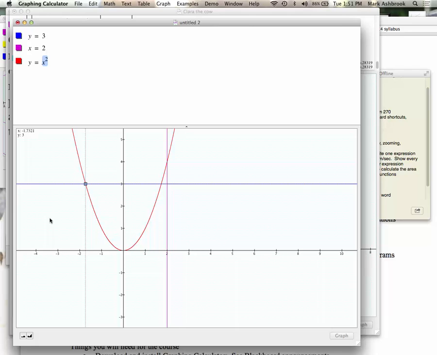Okay. And that also happens with roots. So down there at 0, 0, it should knock and lock onto 0, 0 because that's a root of y equals x squared, the x-intercept. If you want to move the crosshairs to another graph, you've got to drag off first and then start over. So once you're on a certain graph, you'll just be stuck there until you remove the crosshairs and then start a new one.